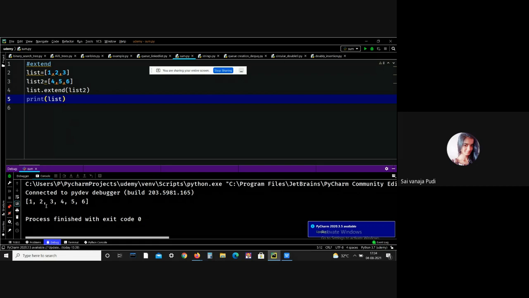This is how the extend method works. This is all about inserting values in a list. Now we perfectly inserted all the elements, and I want to delete. For deletion also there are some methods: pop method, delete method and remove method.